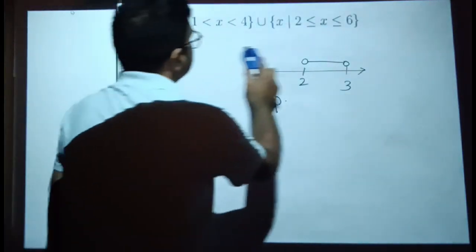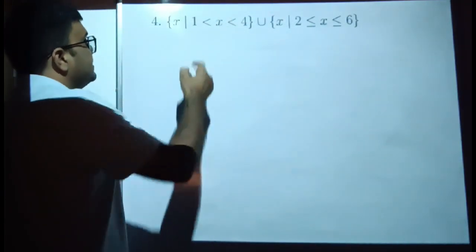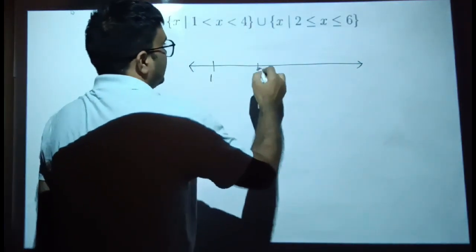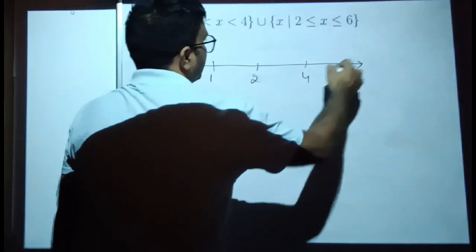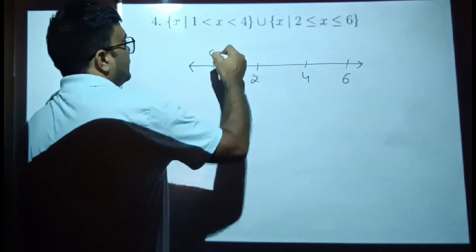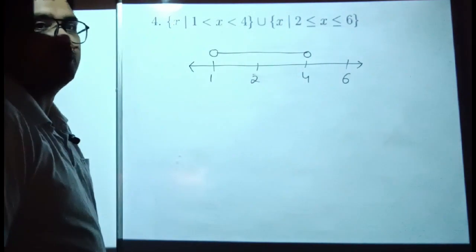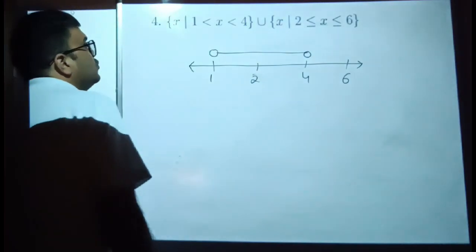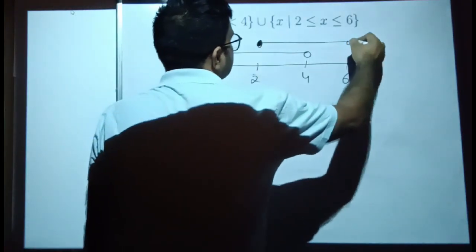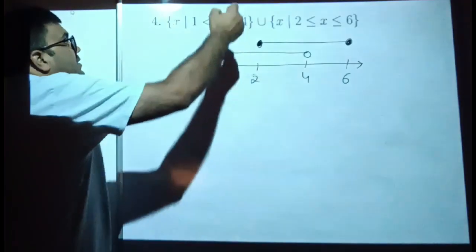Next is x such that 1 is less than x is less than 4. We are marking the points 1, 2, 4 and 6. 1 is less than x is less than 4. Both the points are excluded. And 2 is less than or equal to x is less than or equal to 6. We are talking about the